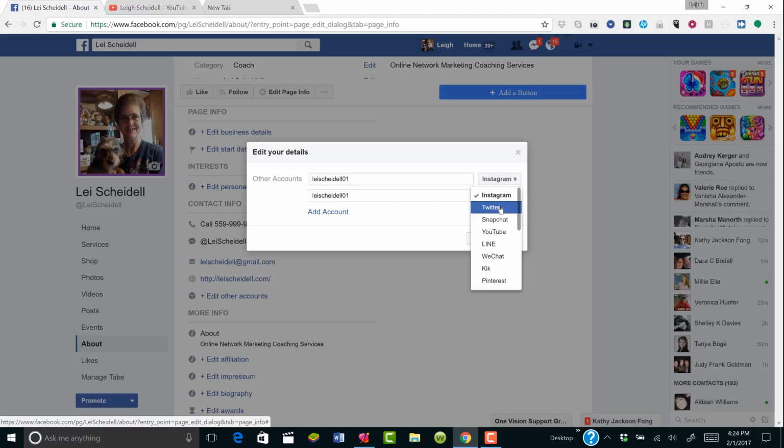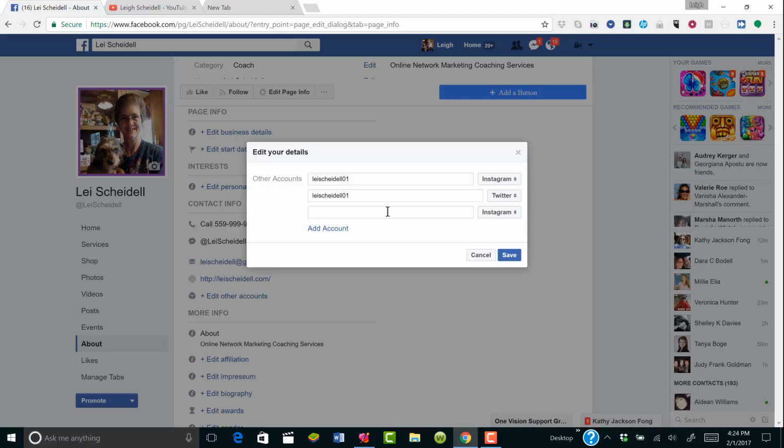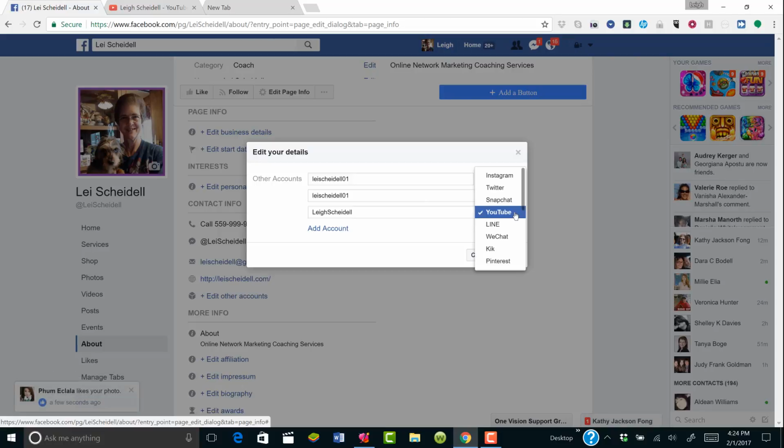And let me see what other options they have here. Okay, oh, I have a YouTube account, so I could add a YouTube account, and my YouTube account is this way, and so I'll click my YouTube account, and I don't have the others, and so that would be enough for me. Whatever account you have that they offer in the drop downs, it looks like Instagram, Twitter, Snapchat, YouTube,